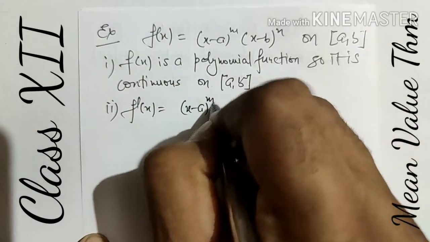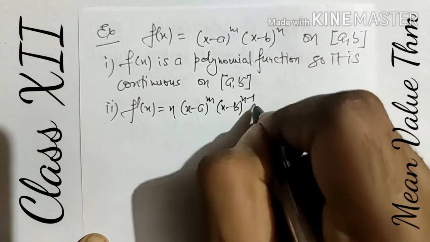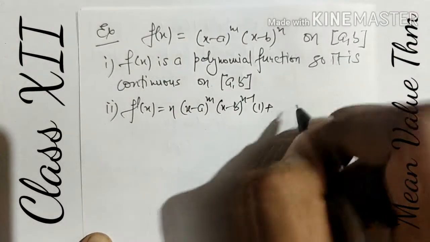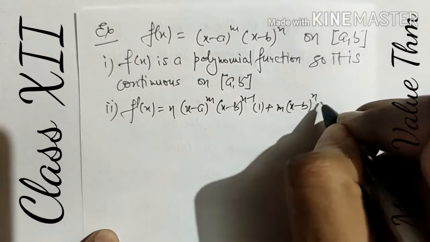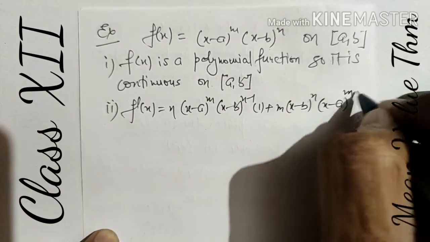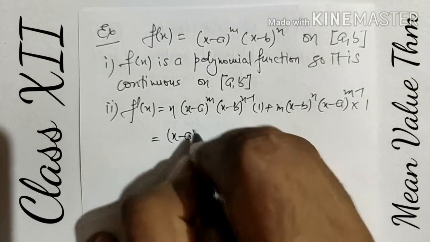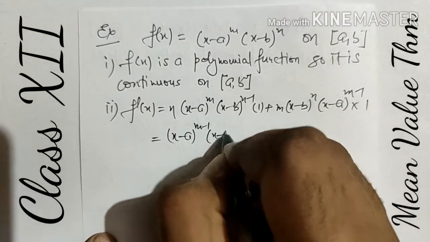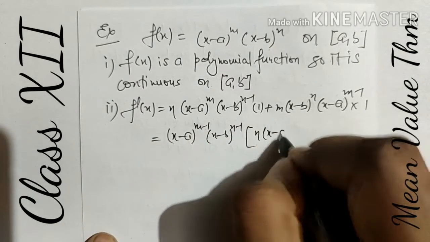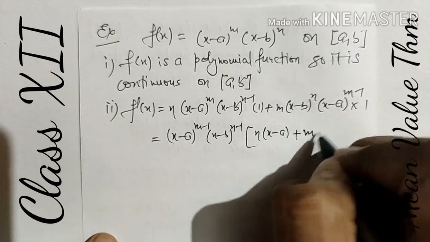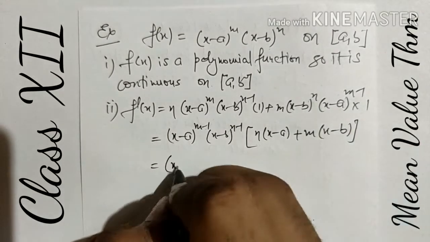First function as is, derivative of second, power come forward, power decrease by 1, derivative of base, plus second function as is, derivative of first function, power come forward, power decrease by 1, derivative of base. If you see here, x minus a with m minus 1 power, x minus b with n minus 1 power common, so left with n with x minus a plus m with x minus b. If we simplify, we get this one,